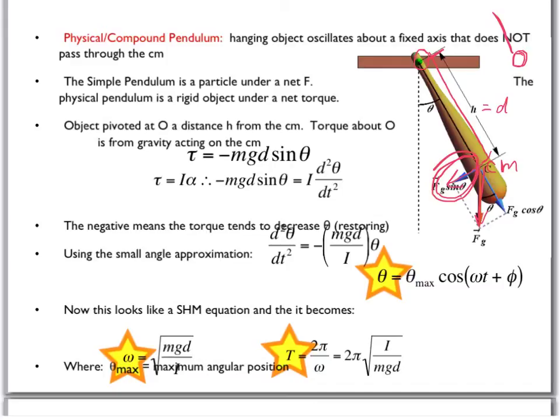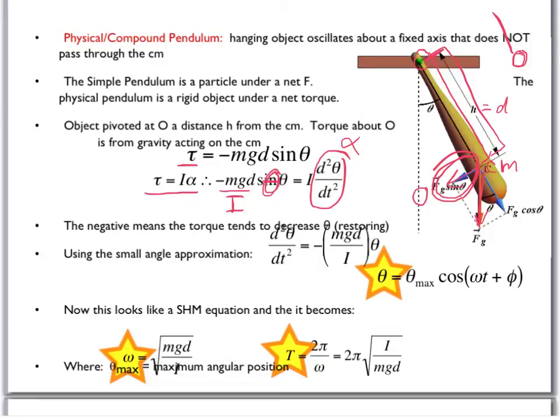And again, that is a restoring torque that's going to always try to bring it back to the equilibrium position. Now, what that means is that torque could be set equal to this mg sine of theta multiplied by the lever arm d. And since torque is equal to I alpha, that mgd sine of theta could be set equal to I times the second derivative of theta, just another way to rewrite alpha. Again, the negative shows the restoring nature of this force, and we can use the small angle approximation. So we can put the mgd over I and simply rewrite the sine theta as just theta